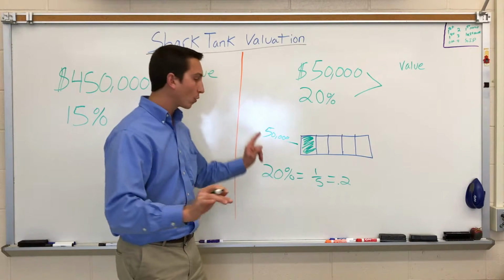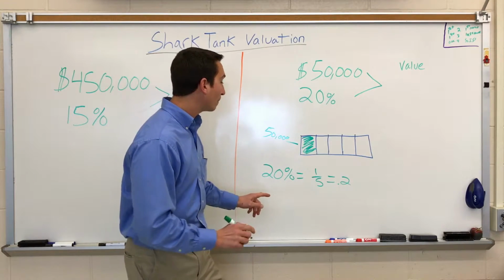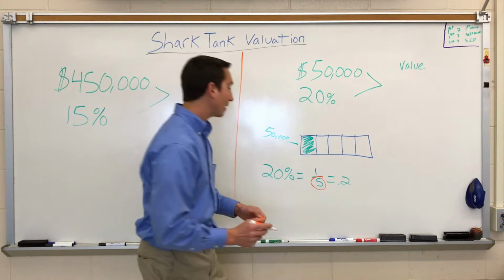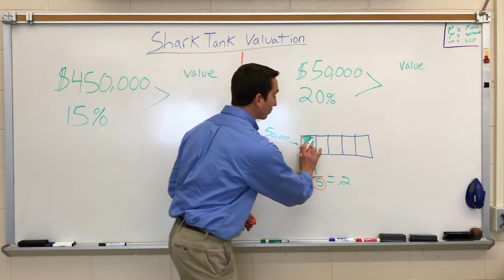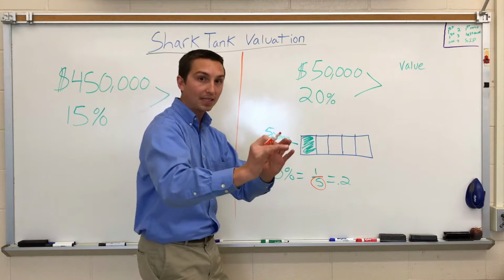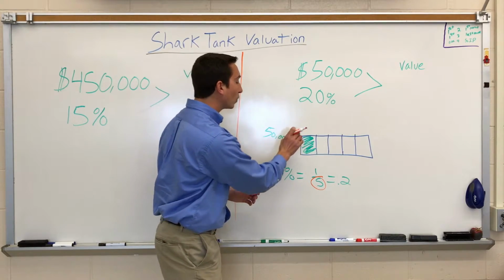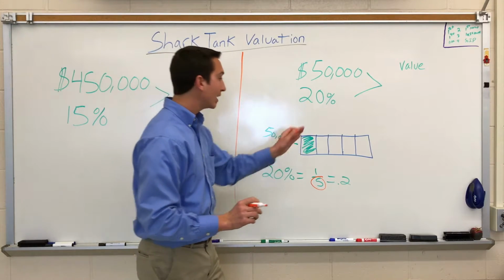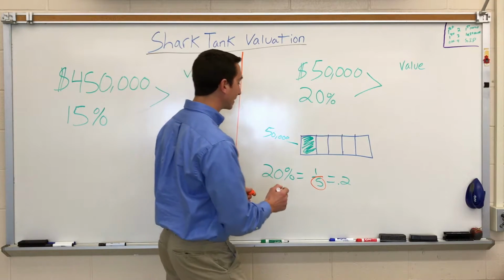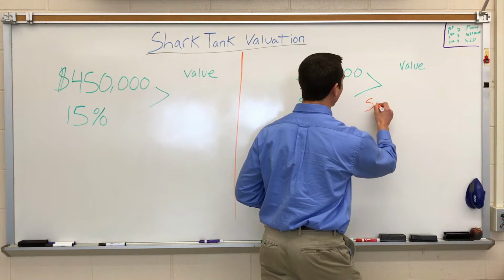Well, we know, therefore, if this 1/5 of the company is worth $50,000, we can just simply multiply it out by 5. So since the denominator of that fraction is 5, and there's 5 compartments to that company, right? We cut the company into 5 pieces. Since there's 5 pieces of this company, if one of these equal pieces is worth 50,000, each piece is also worth 50,000. So therefore, all 5 pieces together would give us a value of 50,000